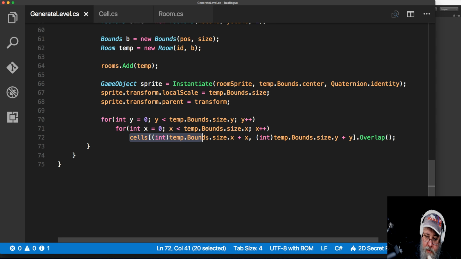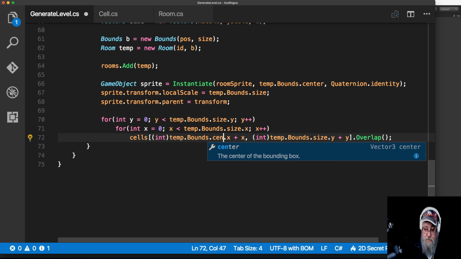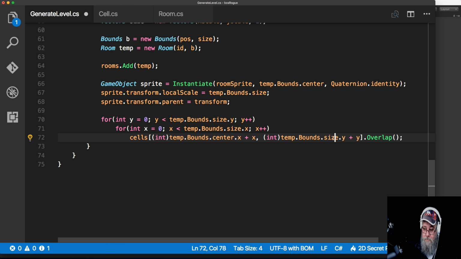Okay, so we're going to go ahead and add the offset to... I'm using the wrong part of the bounding. I'm doing the size. We want center. Because the way that works,